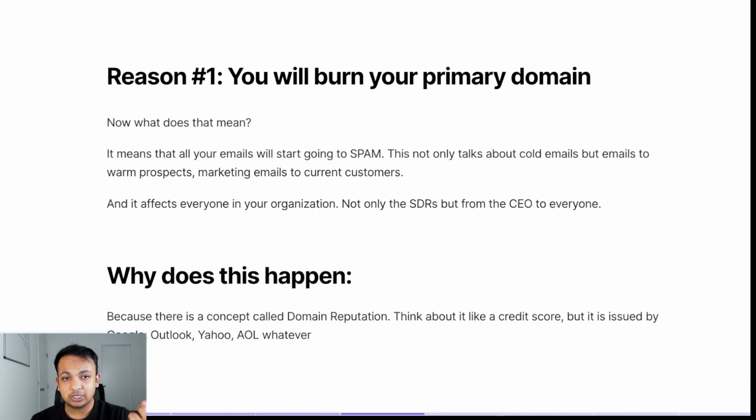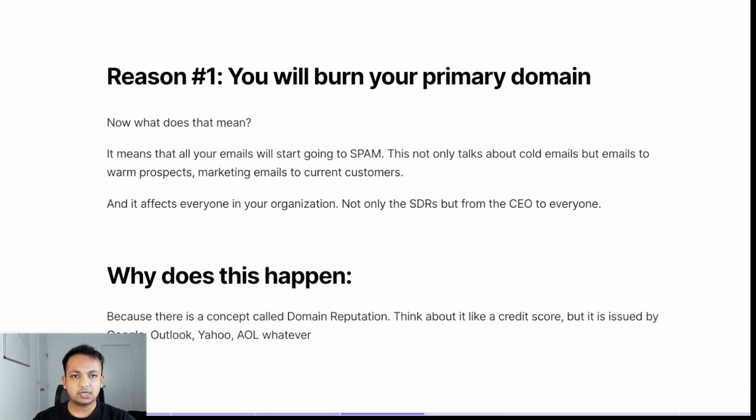How extreme this is and how soon it happens will depend on a variety of factors, like how old your domain is and how many emails you're sending. Like if you're sending 500 emails a day per account, it's going to be worse for you. And if you're a newer company, so many people have come to me on a sales call and said that none of their emails are going to inbox, like their CEO's emails are going to spam. And it's pretty common. It's a lot more common than you think. It's just going to hit you like this.